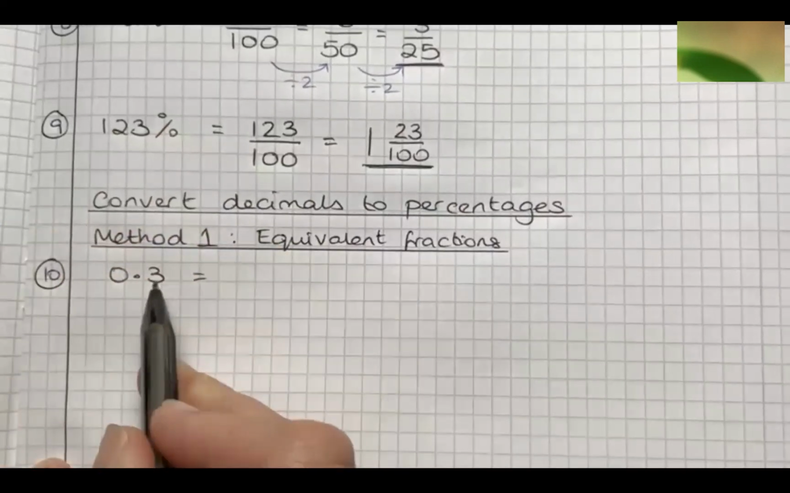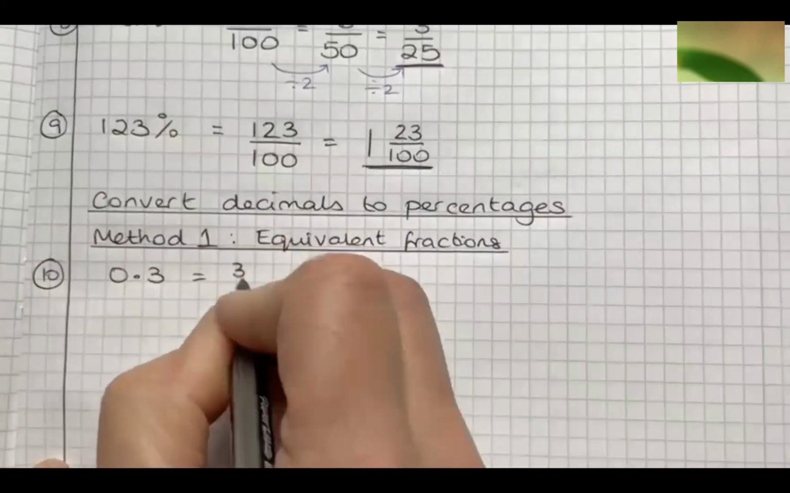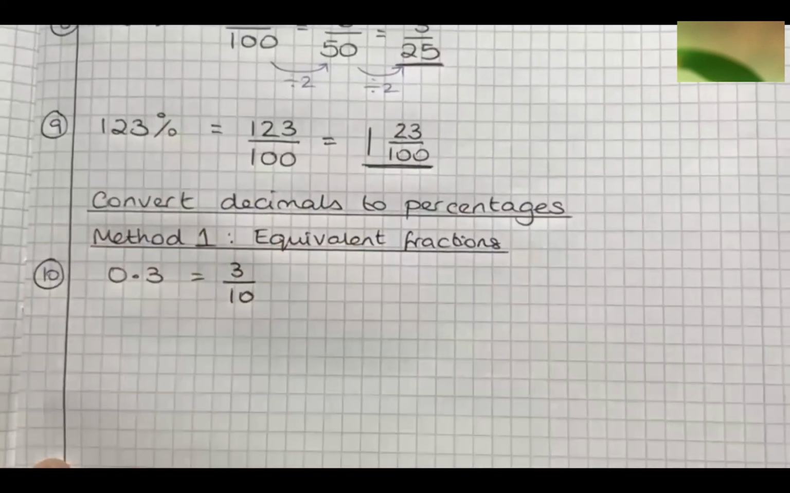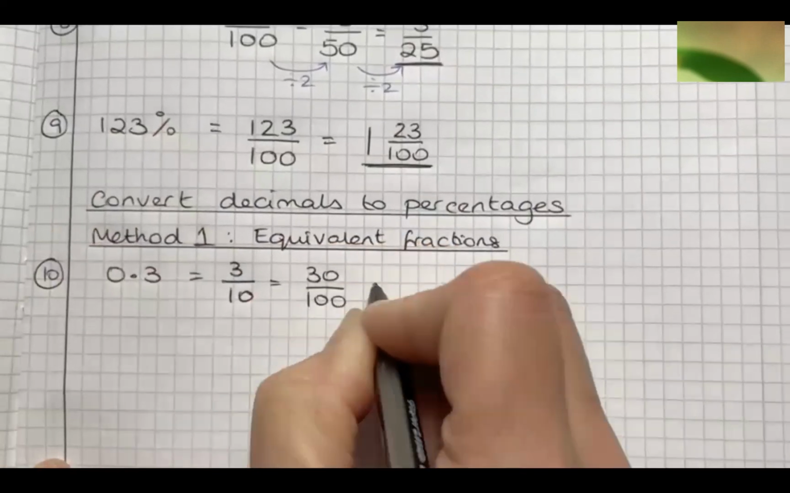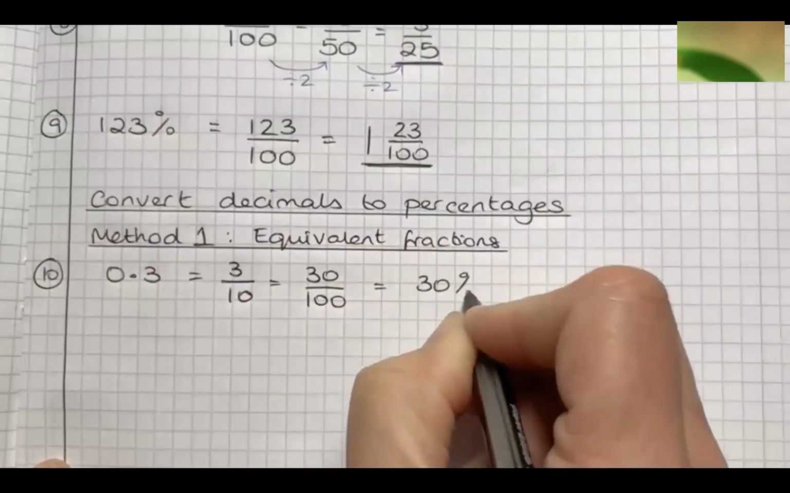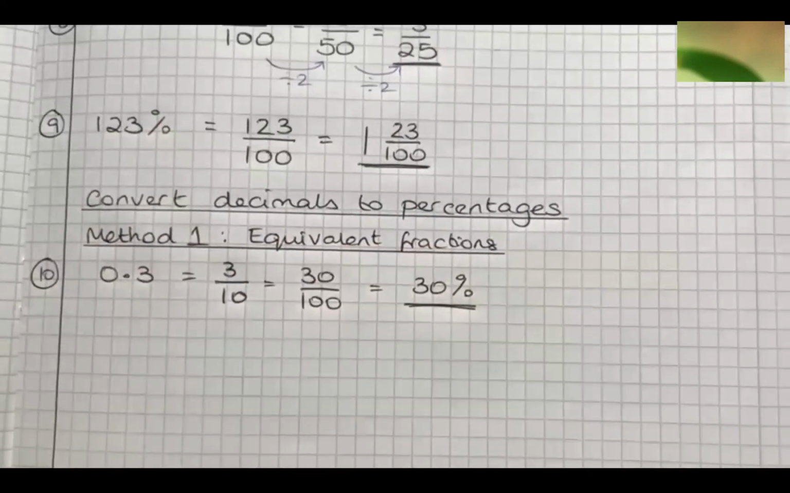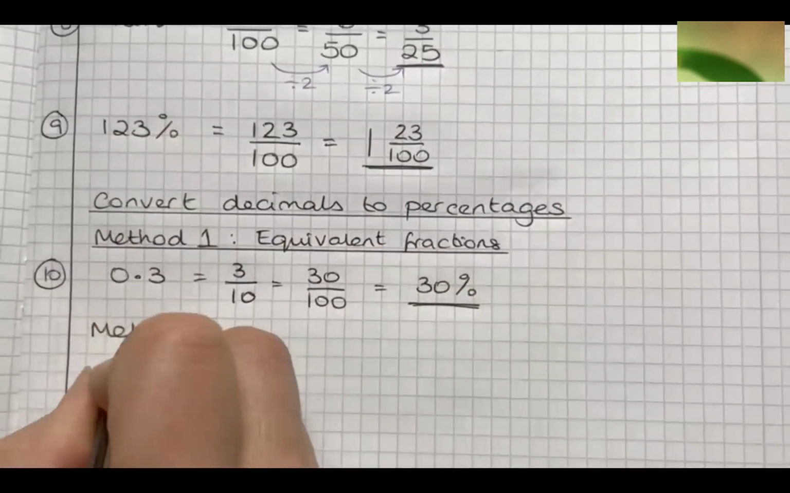So, for example, we have 0.3. I've got the number 3 in the tenths column. So I have 3/10. I then turn it into 30 over 100. And therefore, I know my percentage is 30%. The other method